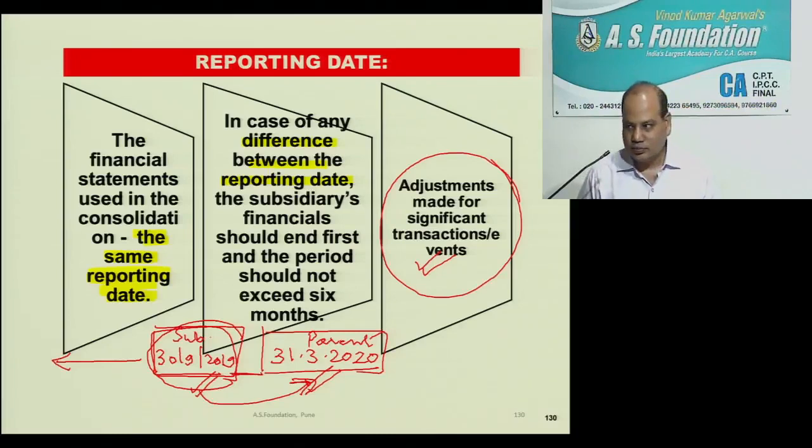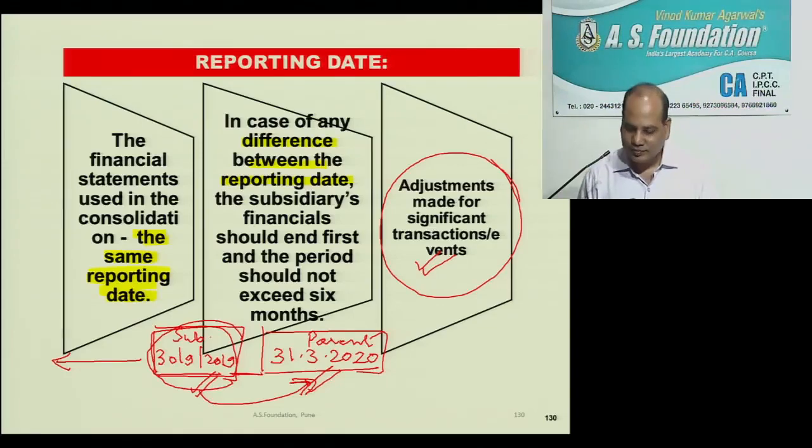Yes, you are right. You have to prepare a double balance sheet. First, a separate balance sheet of the subsidiary after giving the effect of sales, purchases, expenses, income, depreciation during this 6 months period. Not only that, they may give you transactions between parent and subsidiary also during this 6 months period. They may give you loss by fire also during this 6 month period. Insurance claim received also. So all 20-30 adjustments of the single entry system will first come. So they will test the single entry system from you in this chapter. Then that revised balance sheet will be used for consolidation purposes.